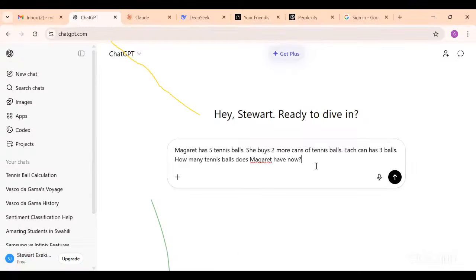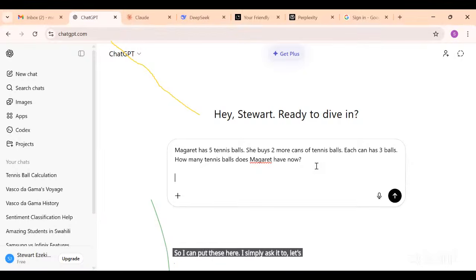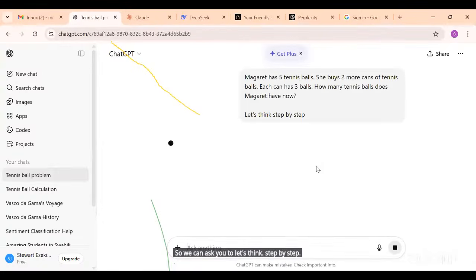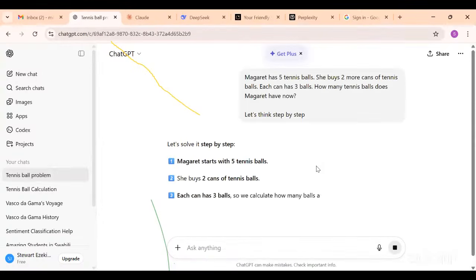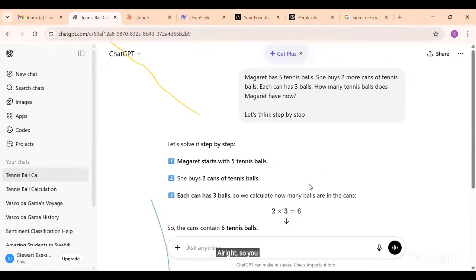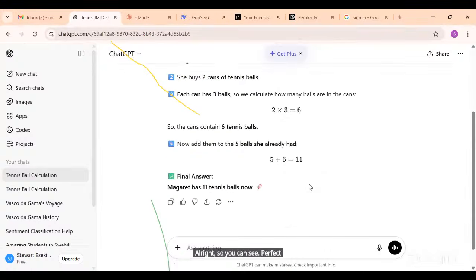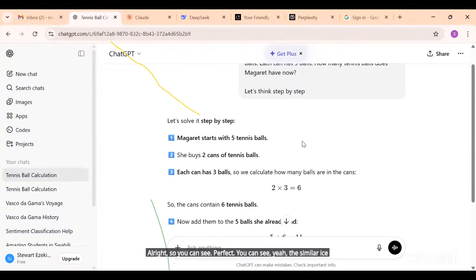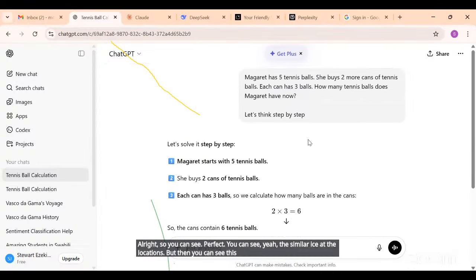So I can put this here and simply ask it to, let's think step by step. All right, so you can see, yeah, a similar answer, though lucky us, but this is what happens now with chain of thought prompting, because in this case, we want to be able to tell it, hey, whatever I've given to you,